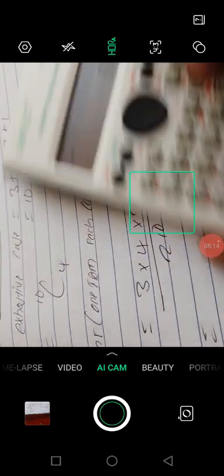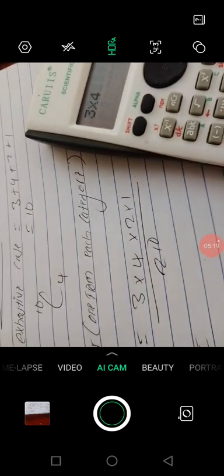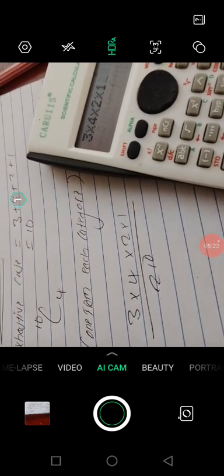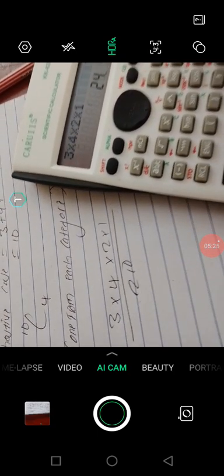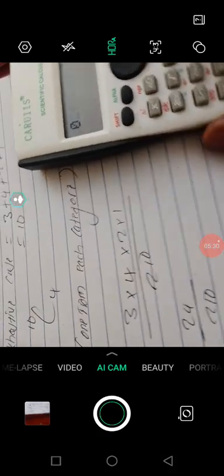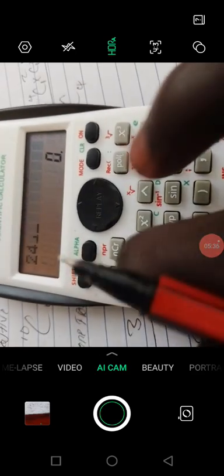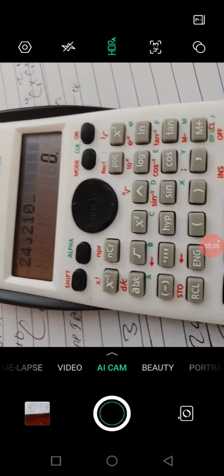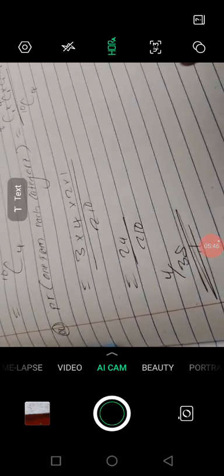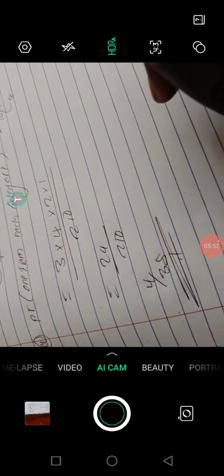Multiply them together: 3 times 4 times 2 times 1. What's the answer there? It is 24. So I've got 24 over 210, and if you divide them using special division, dividing by 210, we have 4 over 35. So the probability of getting one from each category is 4 over 35. Thank you very much.